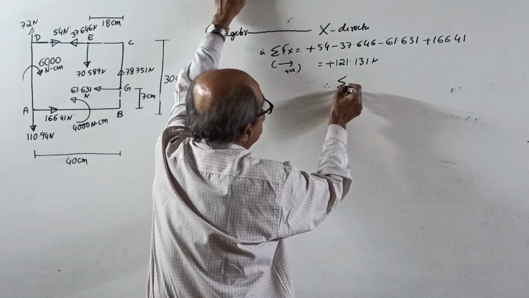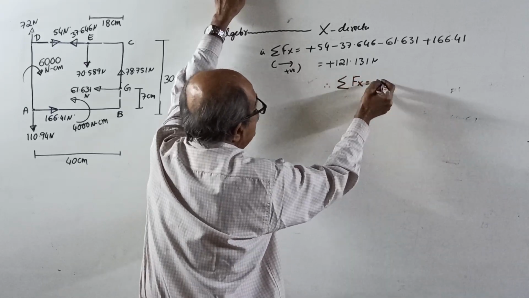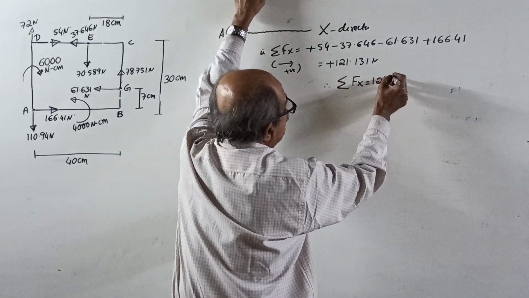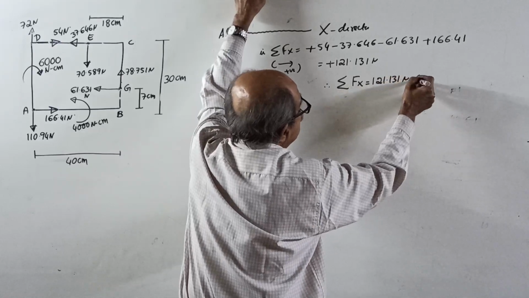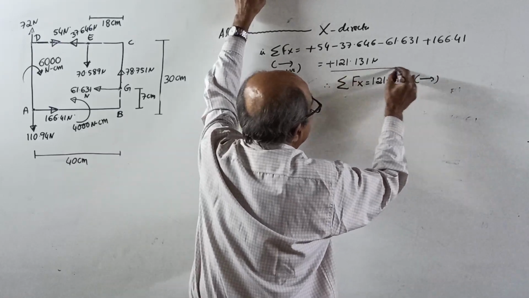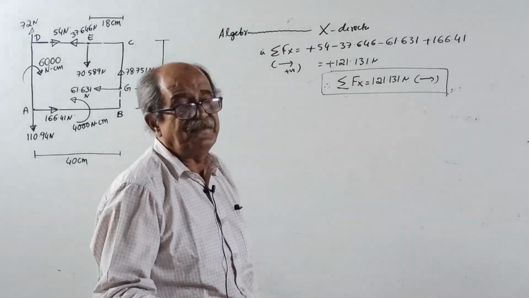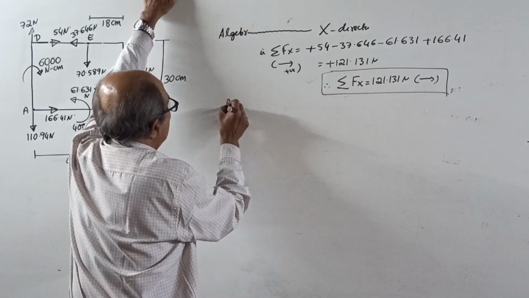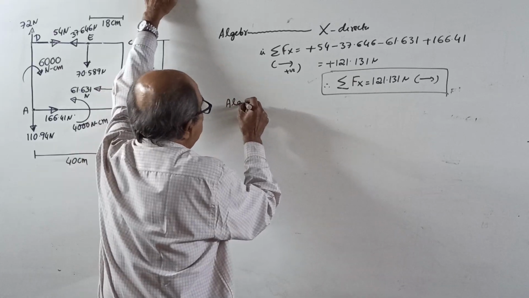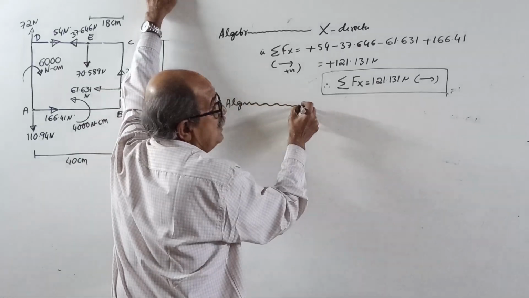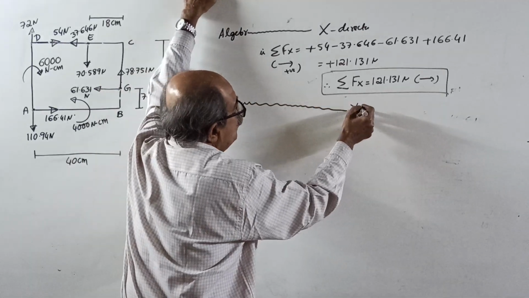Therefore, your sigma Fx without sign is 121.131 Newton to the right side. See, last time negative came, we put left side. This time positive came, right side. Okay. Then, the algebraic sum of the components of all the forces in y direction,